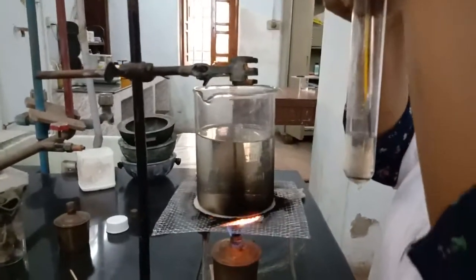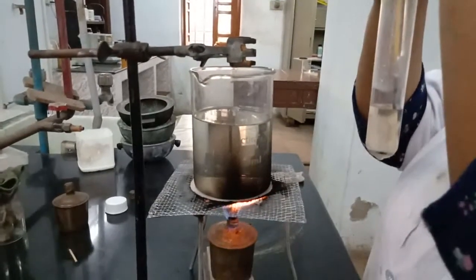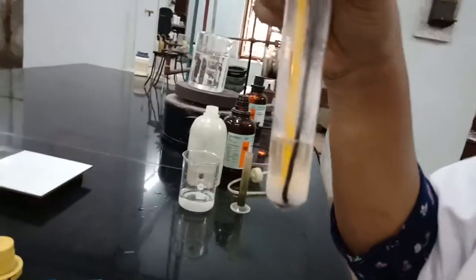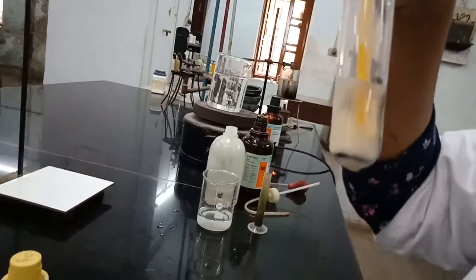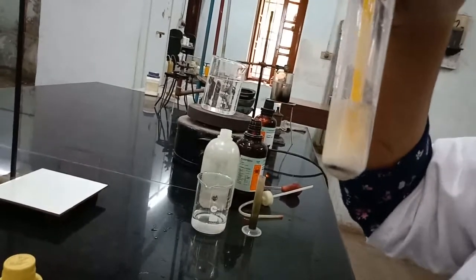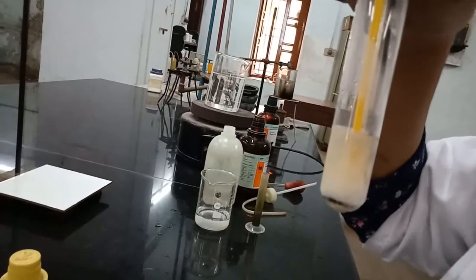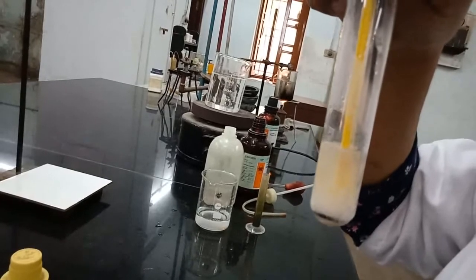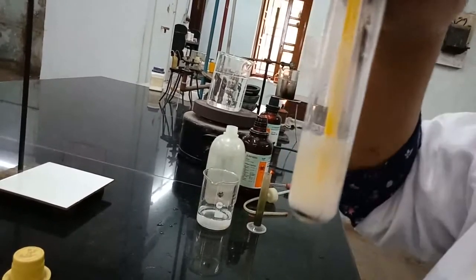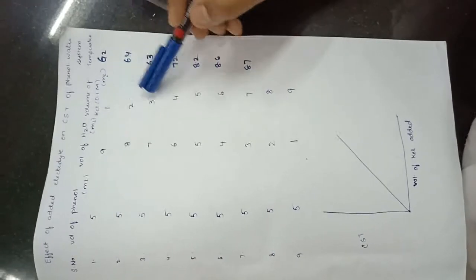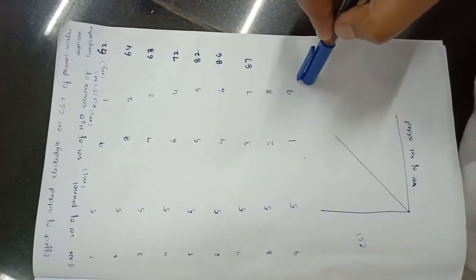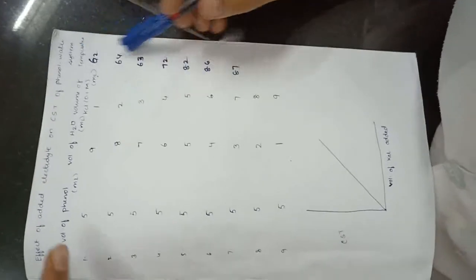The dissolution of the phenol and the added electrolyte took place, and the temperature at which the dissolution took place is 70 degrees. As soon as we take it out, the turbidity forms again. So while the boiling tube is kept in the water, note down the thermometer reading, because if we take it out and note down the reading, the temperature may vary and you may get wrong readings. In a similar way, do it for different volumes of KCl solution, taking 1 ml, 2 ml, 3 ml, increasing the volume of the KCl solution and noting down the temperature readings.